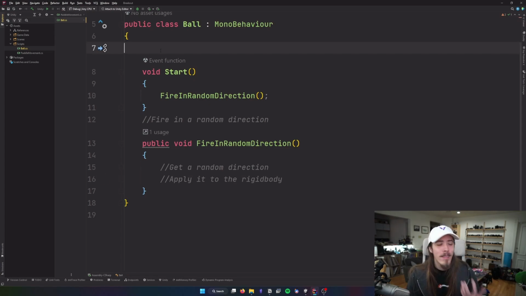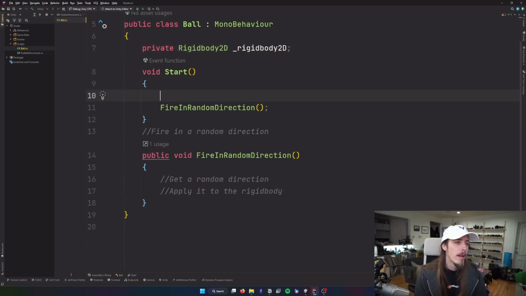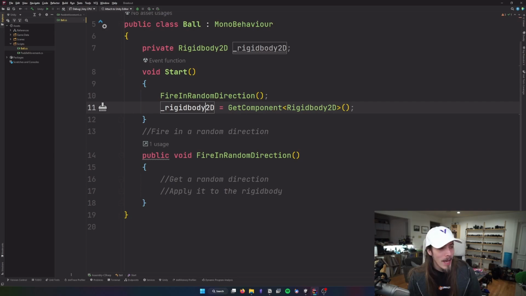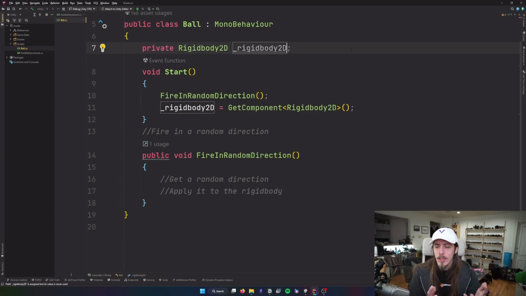So let's go ahead and get a reference to our rigid body 2D component, just like we did in the paddle. That's going to be a private Rigidbody2D. And then in start, we'll do GetComponent, angle brackets, same type, angle brackets, parentheses. And we want to do that before this, because if I do this after, that's bad, because this will be null, this will be empty until we call this function. This is going to be empty, and then if we try to use it, it won't work. So to deal with those sort of what we call race conditions of which happens before what,